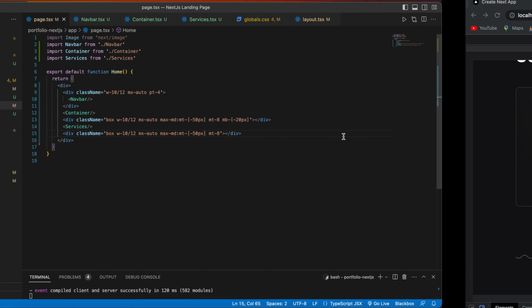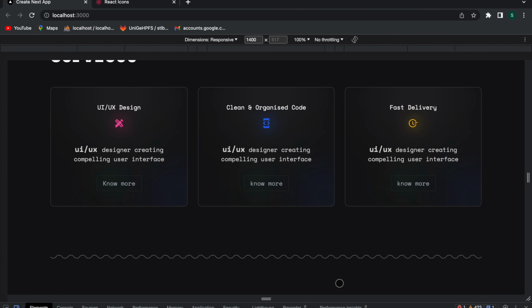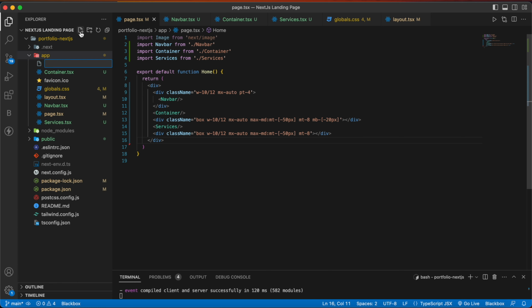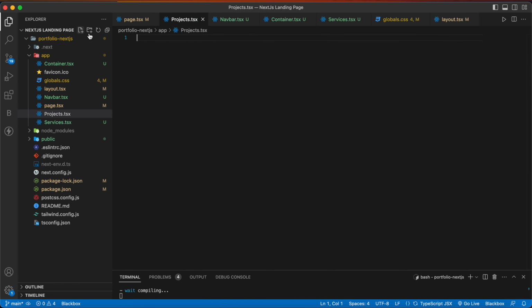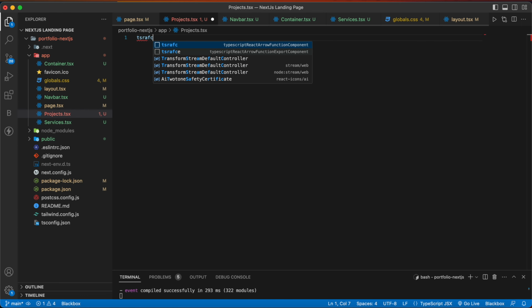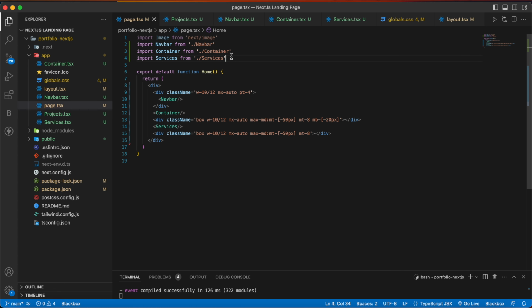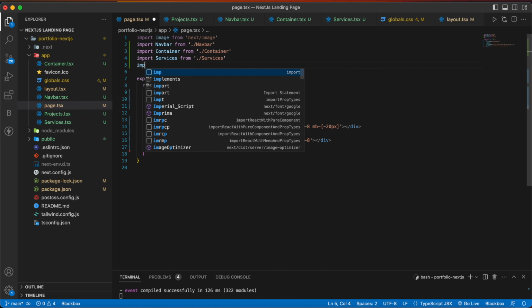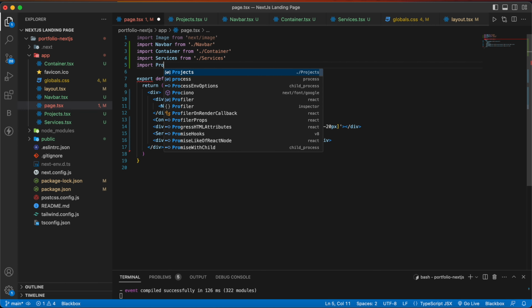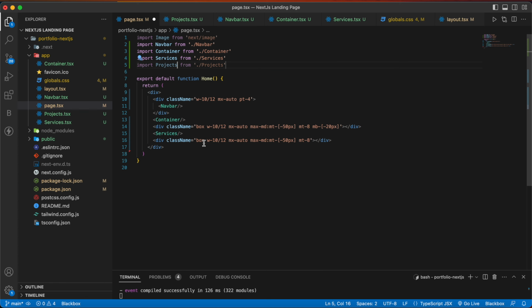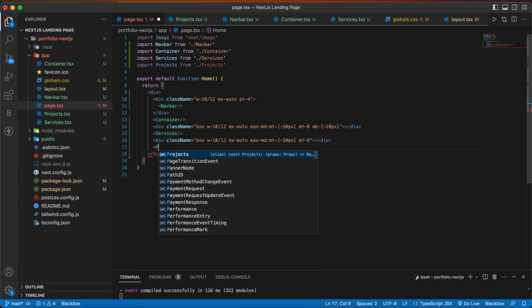Now let's save and go back here, and you can see we have one more line. So inside the app, let's make one more component named projects.tsx and tsrafce. And then let's import in our page.tsx, so import projects and then write project here.